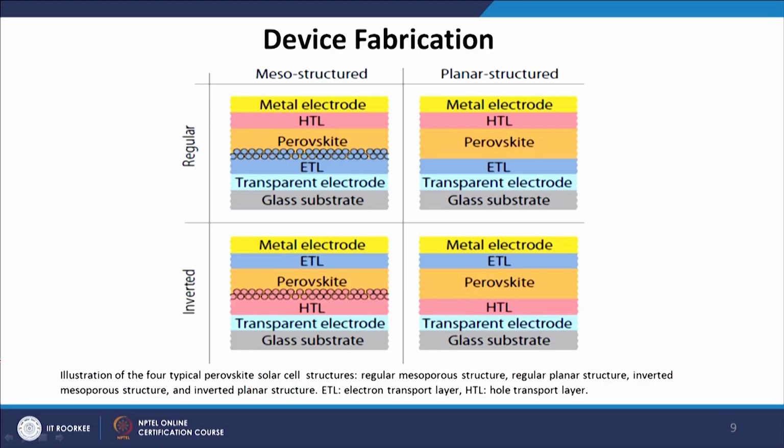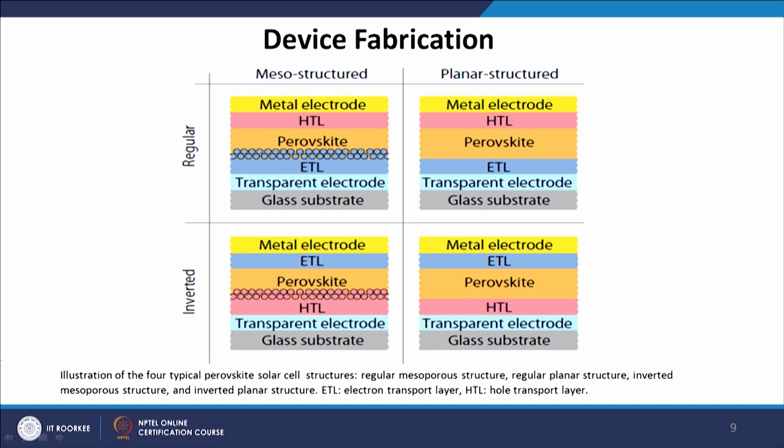There are ways to passivate or neutralize these traps by putting different material layers on top of the perovskite material. And by doing time resolved spectroscopy like femtosecond time fluorescence decay experiment, we can find out by doing an intensity dependent study how many trap or defect states are there in the perovskite layer, where they are located, so that we can optimize those trap states to make pinhole free films. So, as usual the morphology is always related to the photophysics of the device. So, let us take a look at the device fabrication.